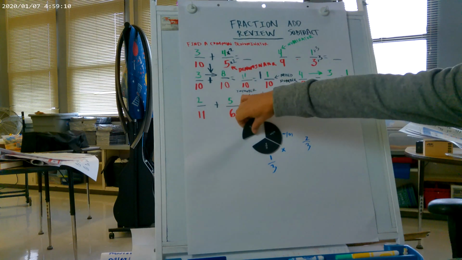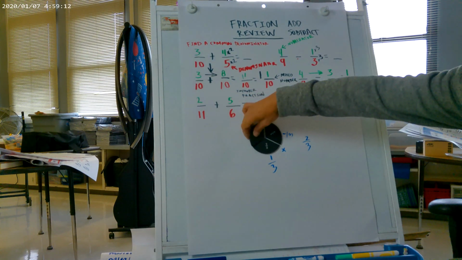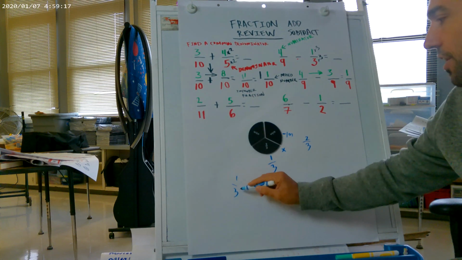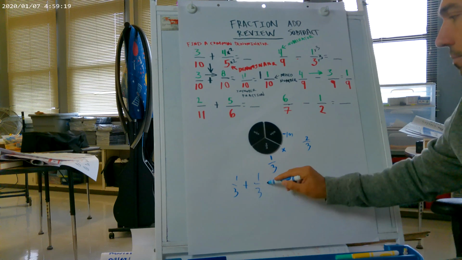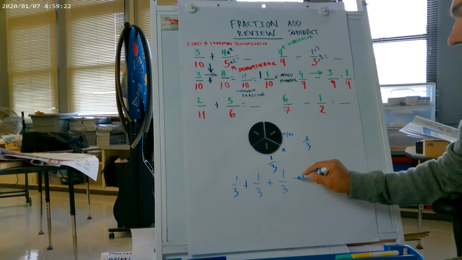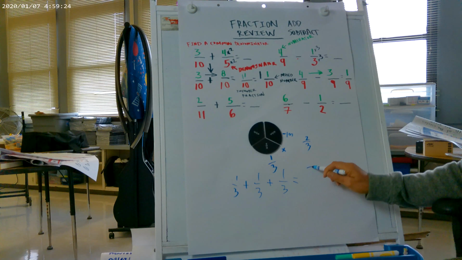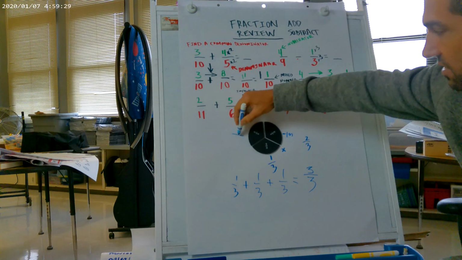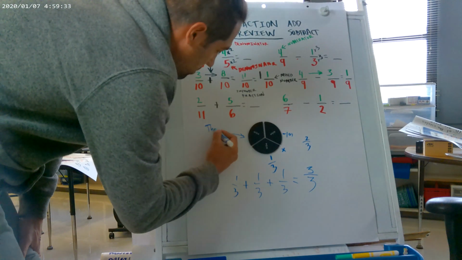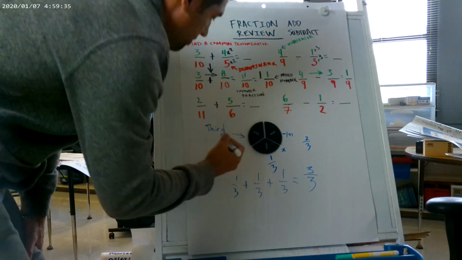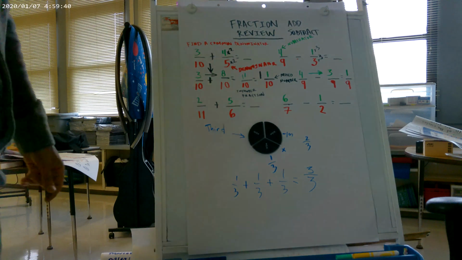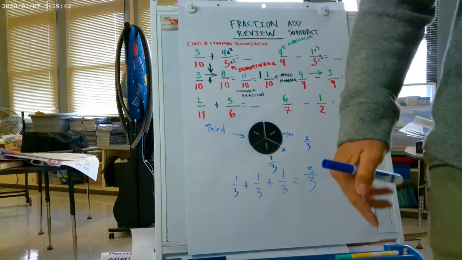When I put this piece in, now we're adding 1/3 plus 1/3 plus 1/3, which is equal to 3/3, because each of these pieces is known as a third. Mr. Capola, yes, Betsy. I'm getting it now. Good. That's why I'm teaching it, because